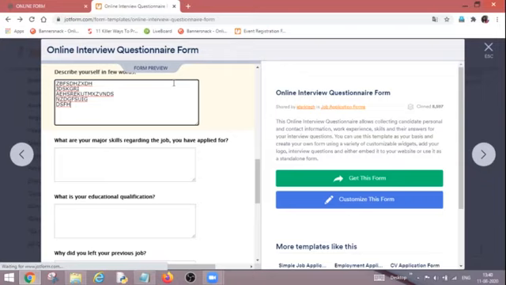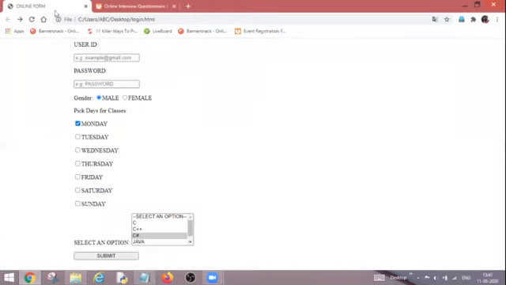So here is the answer to why we need to create a multiple line text field. Because sometimes we need to enter multiple characters, words or sentences, be it giving feedback, asking queries or giving suggestions somewhere. In that case, we need to create a text area field so that people can write their suggestions or queries properly in multiple lines. So let's have a look at how we can create it.